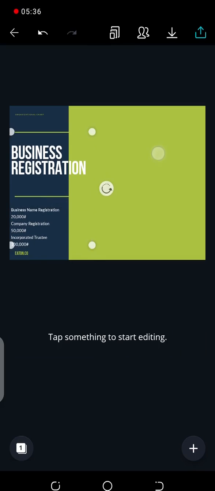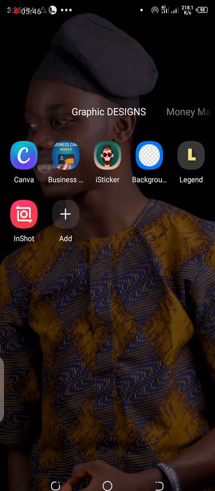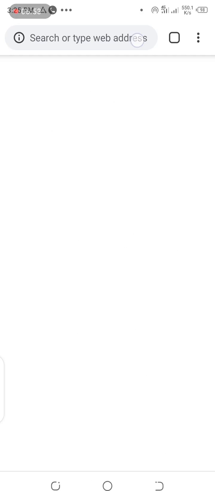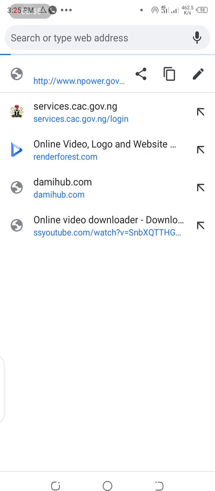Okay, so what I want to use this green part for, I want to place some pictures there. I don't have the pictures yet, so I'll go to Google. The kind of pictures I want to use are pictures of certificates. So I'll come to Google now and I will search for